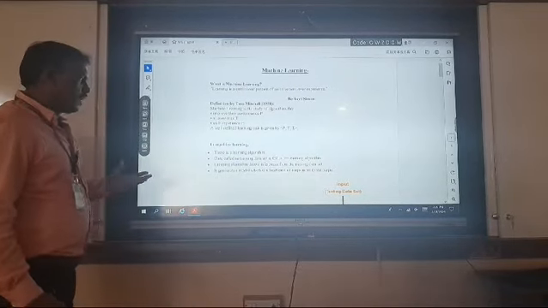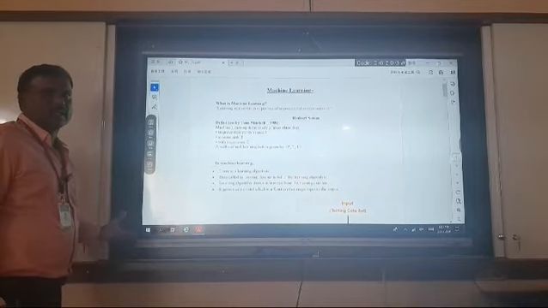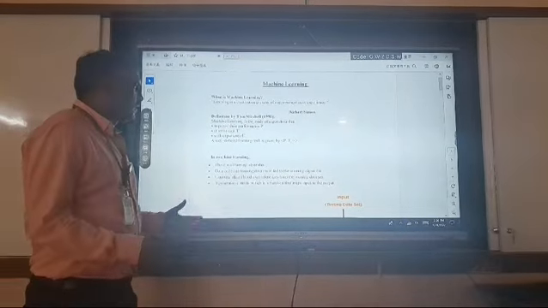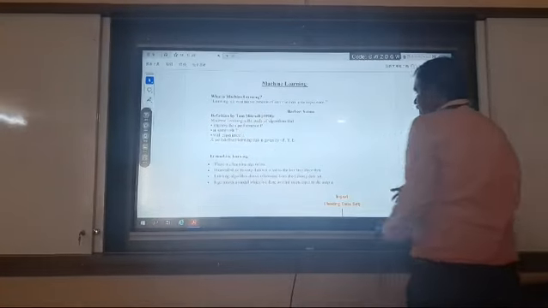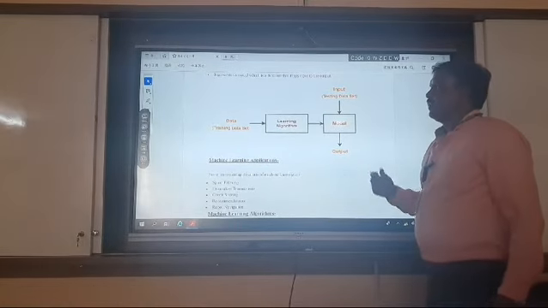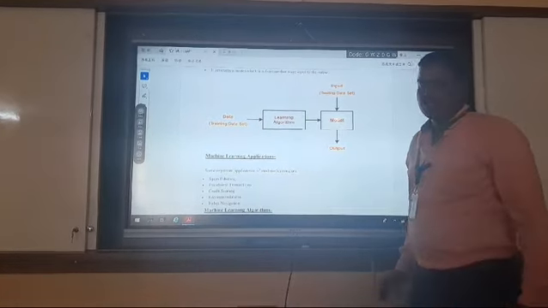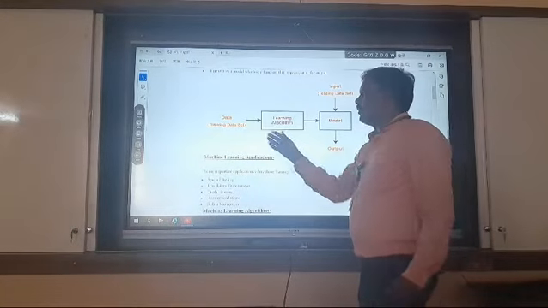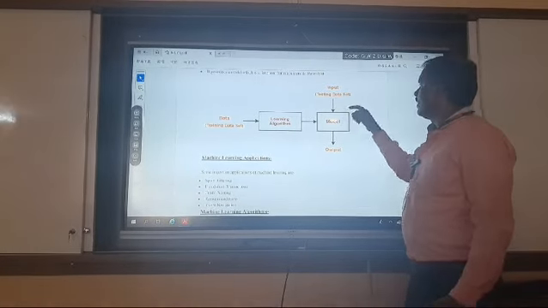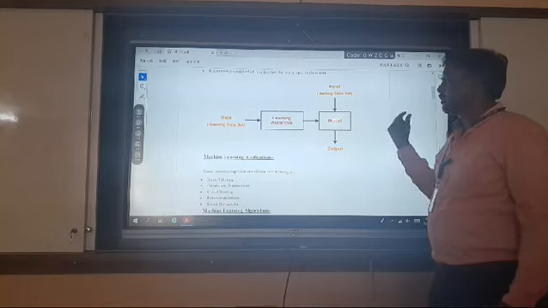Here it contains the algorithms. The learning algorithms draw inferences from the training data set and generate a model. What is a model? A model is a function that maps from input data to output. See the block diagram of machine learning, the basic diagram according to Tom Mitchell. The learning algorithm takes the training data set as input and, with its help, infers a model. A model is a function mapping input data to output. With the help of the input, it maps to the output. That is a model.